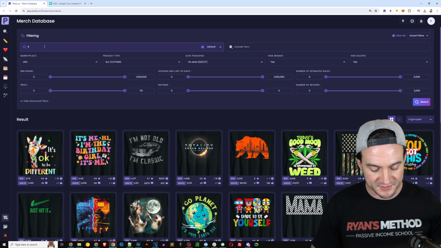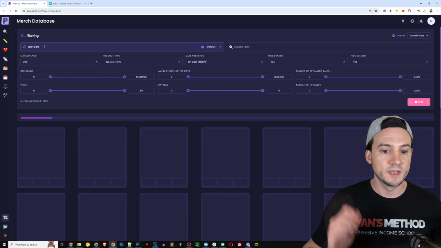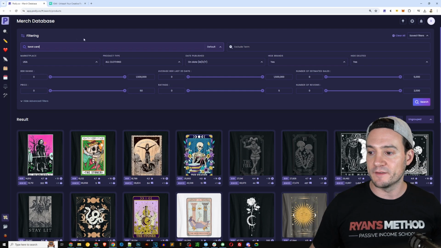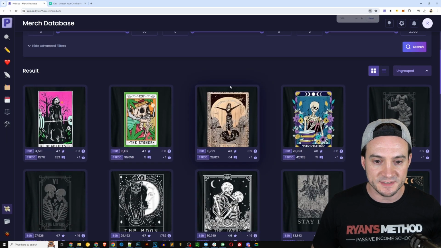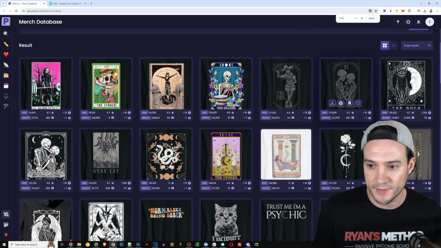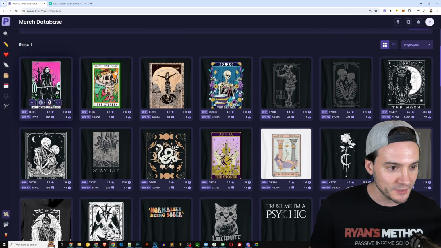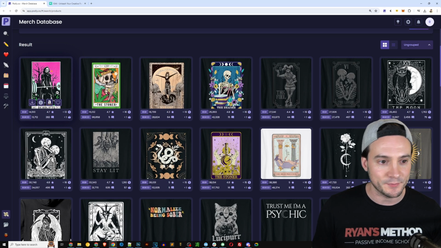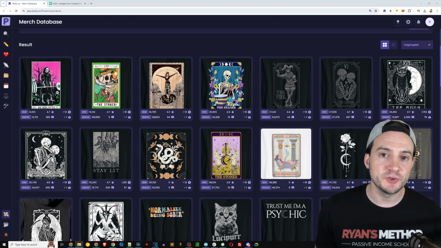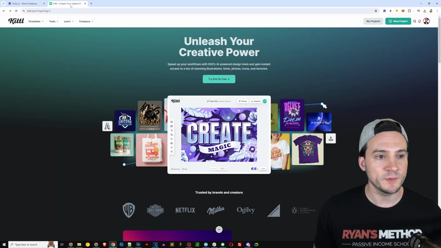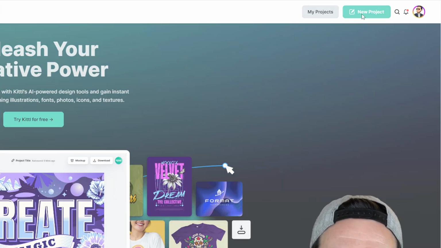So I'm going to go and just type in tarot card. This way we'll get a wide array of different design opportunities and niche opportunities. There we go. That looks like a good zoom level. It looks like that first one is the Grim Reaper doing deadlifts. I actually used that as an example in my Sunday video, and I think we should use that as our first example. So why don't we jump on over to Kittl,